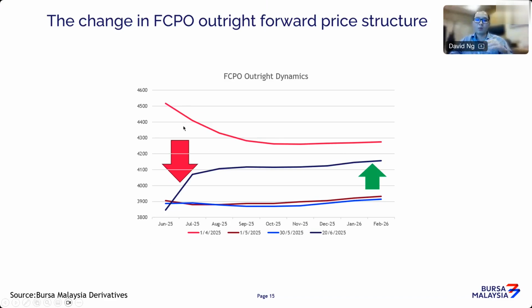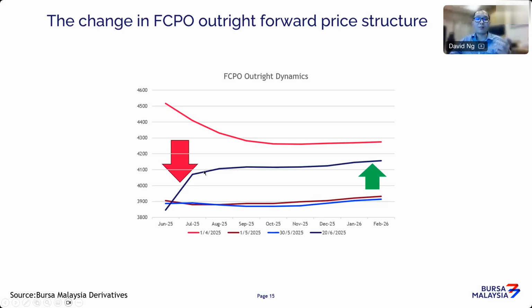Now, the curve doesn't always stay like this. This happened on pretty much the 20th of June, I think just last week. You have a different scenario now, where the June contract trades at 3,008. If you look at where September, October are, they are much higher compared to June. Now, this is a weird scenario. So two months back, the June contract was the highest contract. Now, in fact, I think just last week, it performed the weakest.